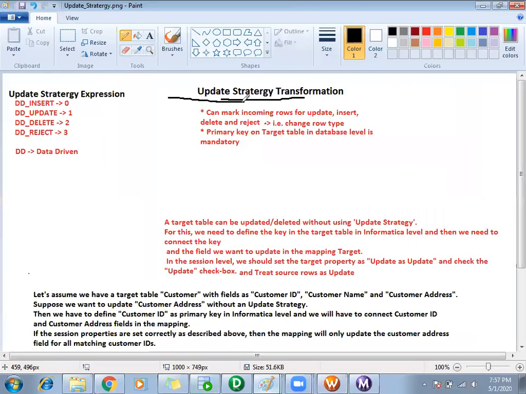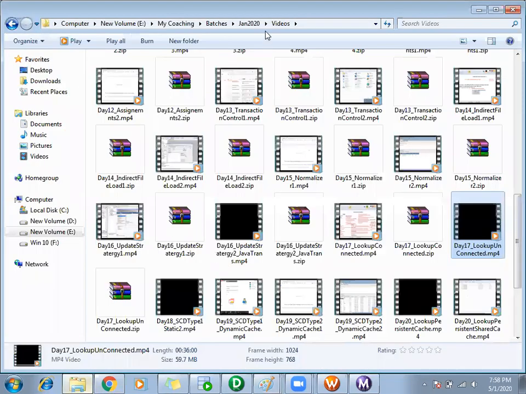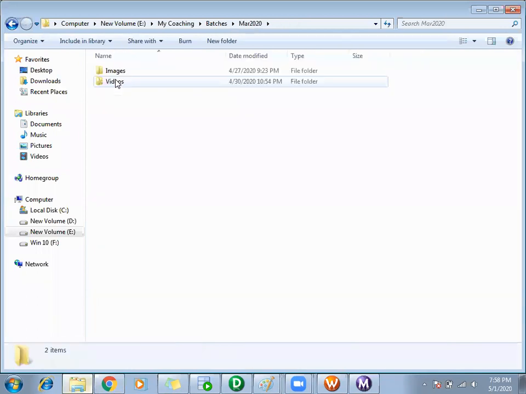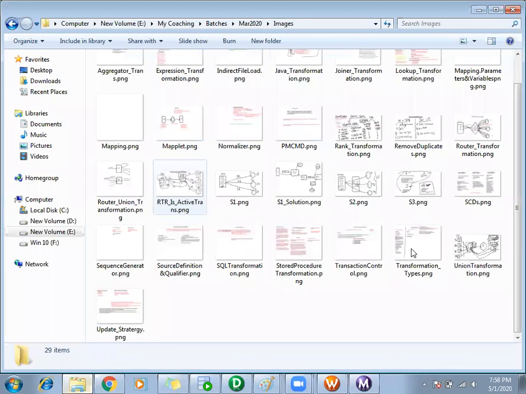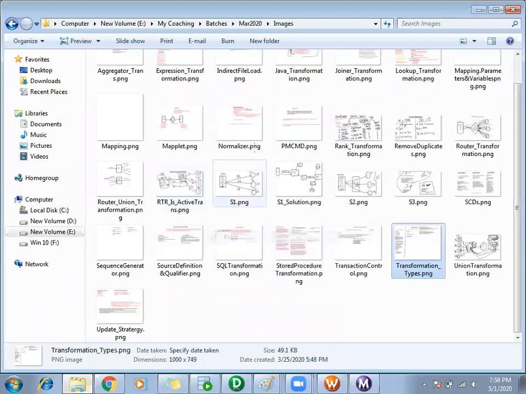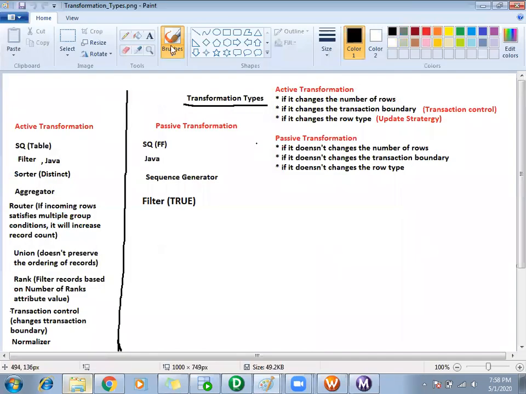So coming to the update strategy transformation, it can mark incoming rows for update, insert, delete, and reject. It will mark the incoming rows as either update, insert, delete, or reject. That is, it changes the row type. If we come back to our transformation types, we have active and passive, right? So what were the definitions for active?